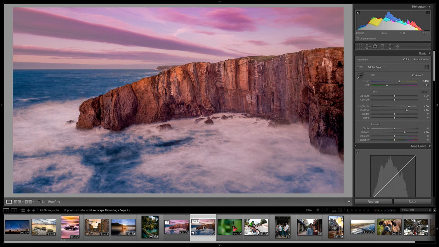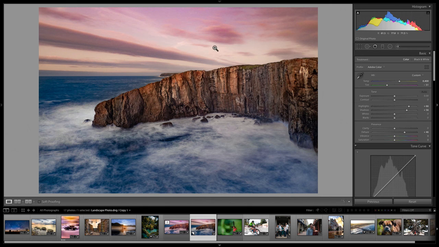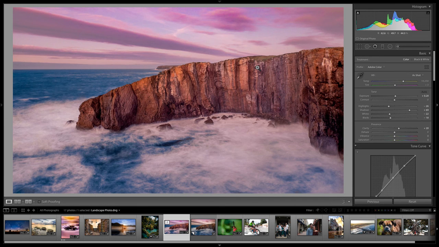I think this one that I had done previously was not as colorful, with darker blues. The sky wasn't as red, but this one's a little bit more magical. Definitely something that I would put on my desktop screensaver. All right, so that's the landscape photo. If you have any questions, please let me know.